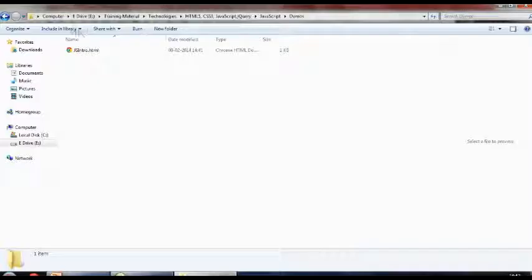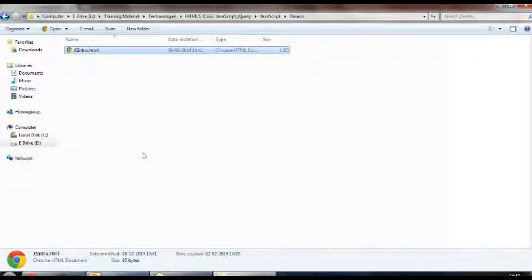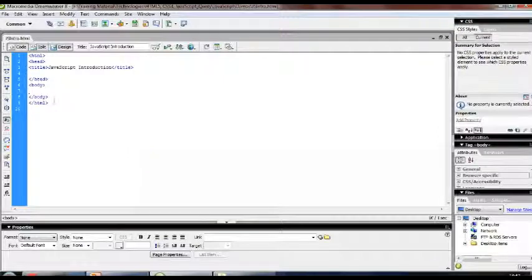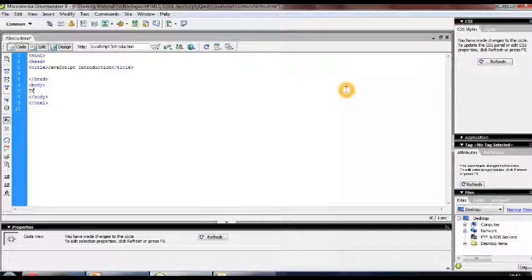When you just run this file, you can see nothing over here, but I'll write some code in this. This is a sample JavaScript file. So over here you can write the script tag.